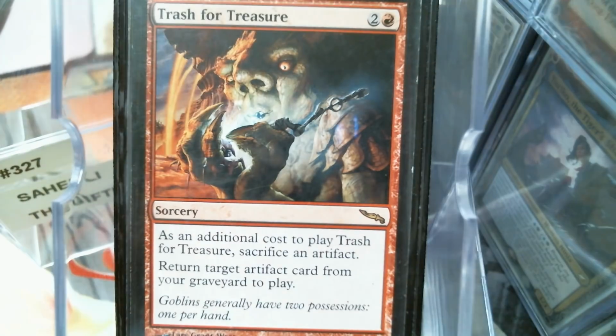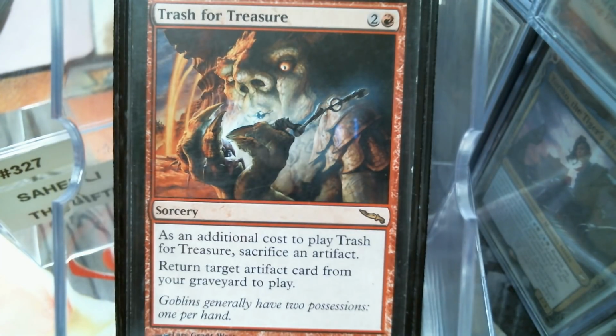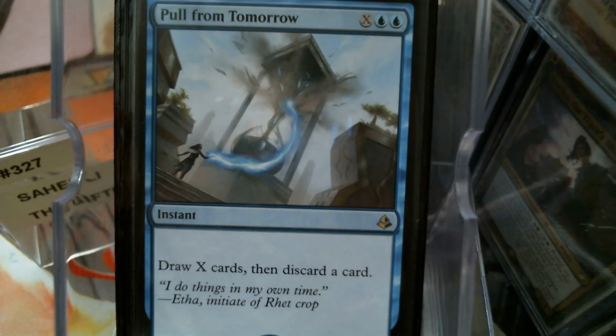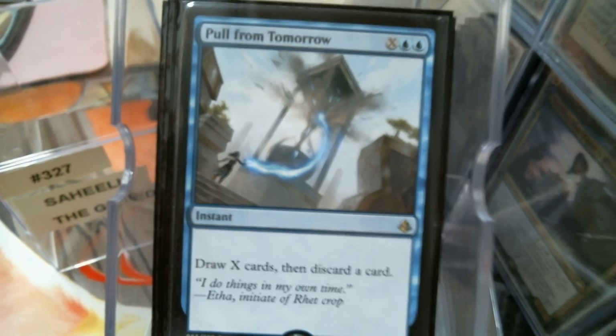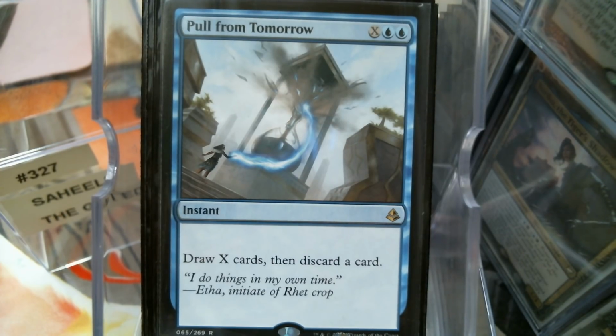Trash for Treasure does a little work. Here again, we can sacrifice one of those Thopters to get back one of those artifacts that we got blown up, or maybe the artifact we had to pitch. Odds are we're probably not pitching an artifact when we pull from Tomorrow. We're going to pitch it like a land or something. That's typically what we always do. Because in this deck, your lands are not really...